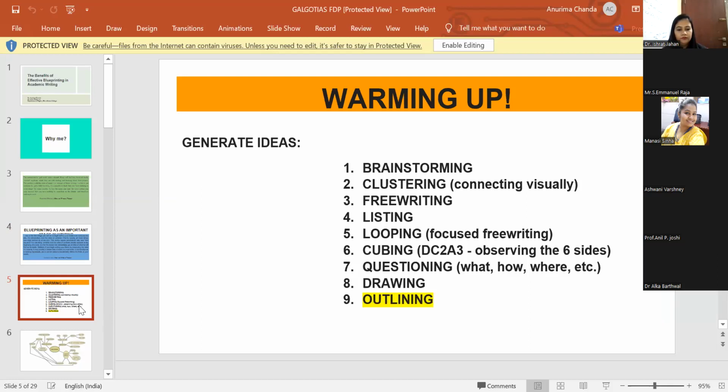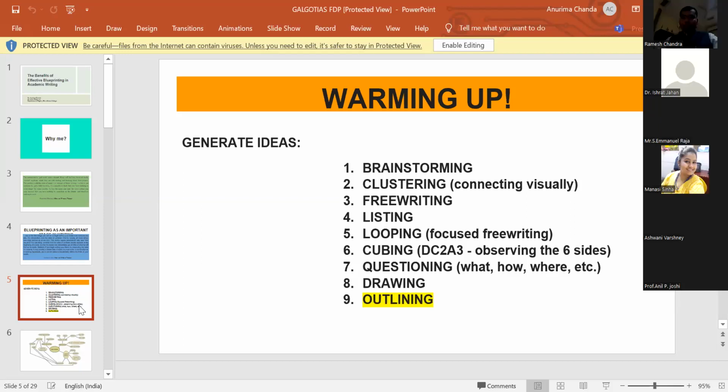So one of the first things that you can do, or something that has always worked, is brainstorming. But the only thing is that for brainstorming, you always need somebody else to brainstorm with. But this is the sad truth of academics. As we start climbing higher and higher, I think our circuit keeps getting smaller and smaller. So the scope for interaction becomes so less that hardly there is scope for actually sitting with a fellow research scholar and brainstorming. So brainstorming might be a very interactive sort of thing, but there are these other solo activities that you can take up.